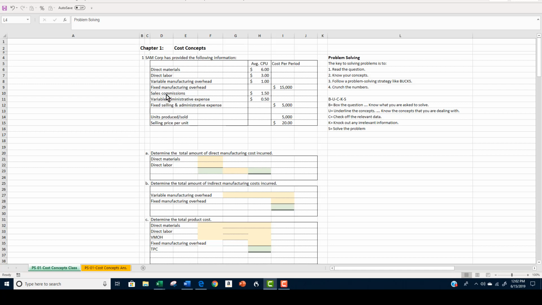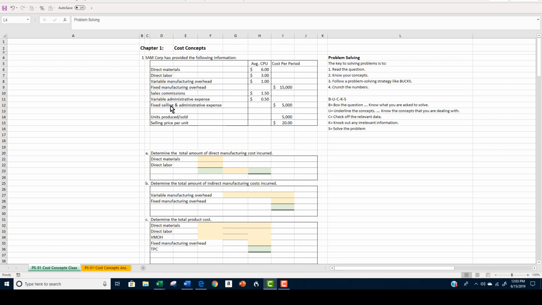Sales commissions and variable administrative expenses are variable selling general administrative expenses, and as such are listed on an average cost per unit basis. Selling general and administrative expenses will be referred to as SG&A as we move forward. The fixed selling and administrative expense represents the cost for the entire period. As you know, SG&A costs are all period costs, which means that they are expensed when incurred and are reported